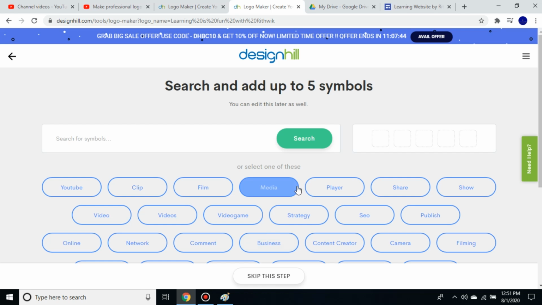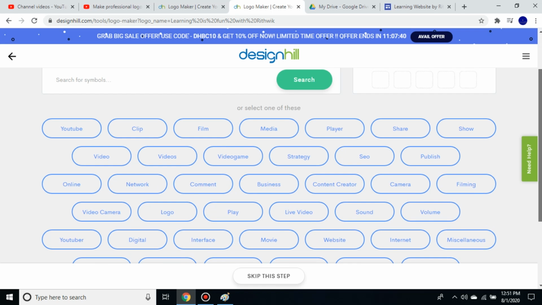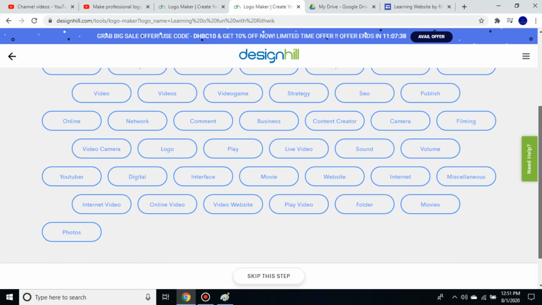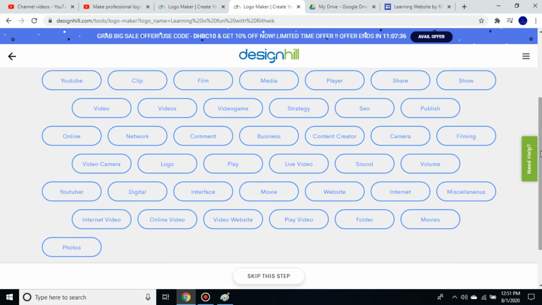Now search and add symbols, up to 5. In this you can choose any of them: photos, YouTube clip, videos. There are many things that you can choose.